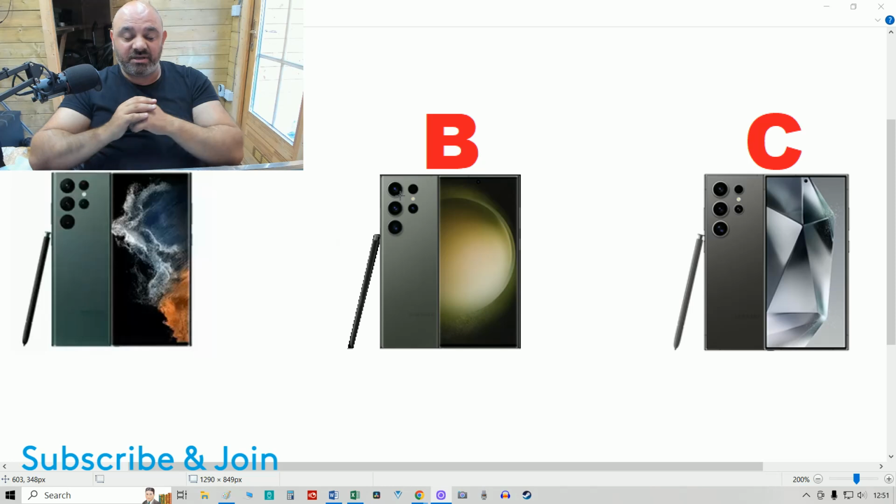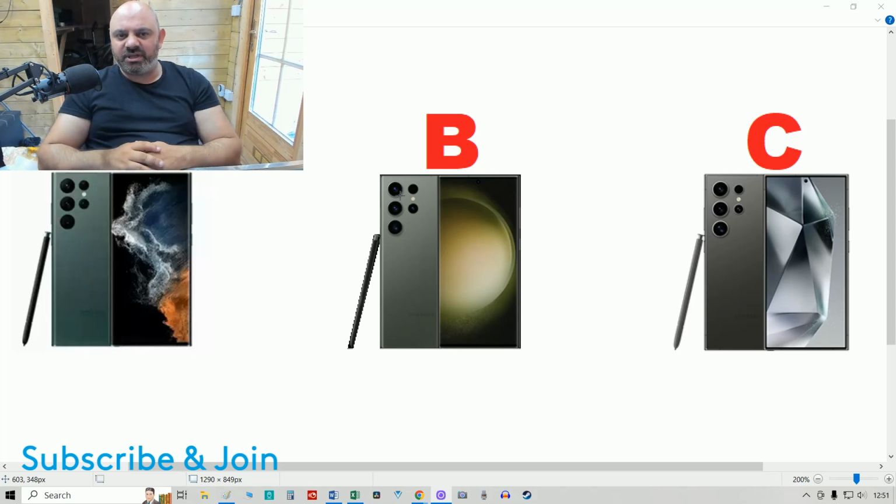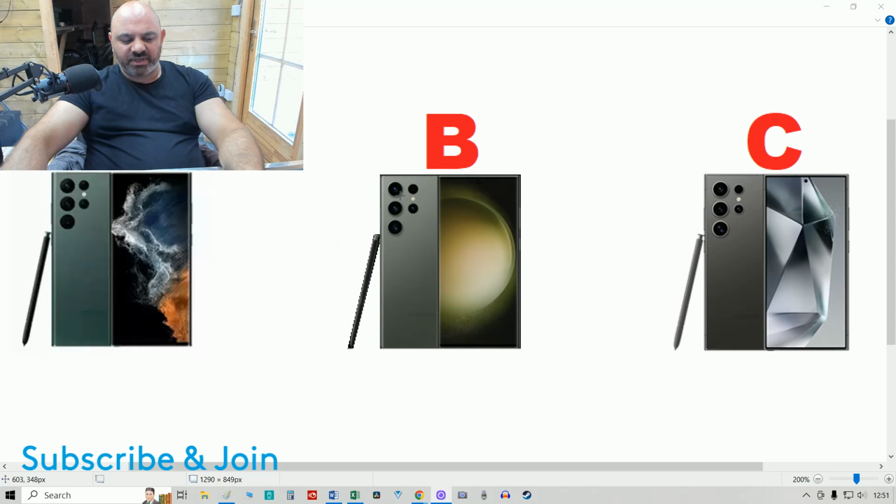Is C an S22? Could A be S24? Could B be an S23? Well, just take a moment, have a think. What do you think is the model for these phones? So the first phone, if you're ready, if you want to pause, please pause now, but I'm going to reveal